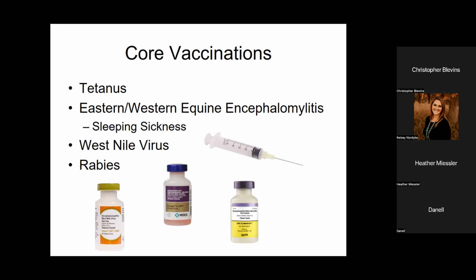It has Eastern and Western equine encephalomyelitis, which we call sleeping sickness, those two viruses. And then another virus is West Nile virus, and rabies. And so with that, any of these diseases are pretty bad if a horse would get them, making them really sick. They could even die for sure, but we can sure protect them with vaccines. There are a lot of companies that make vaccines that have a lot of these core vaccines. A lot of times the rabies will be in a different vial. There's one by Zoetis that actually has the rabies with the rest of the combination. But again, talking with your veterinarian,